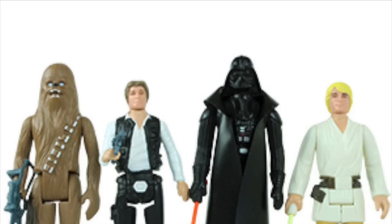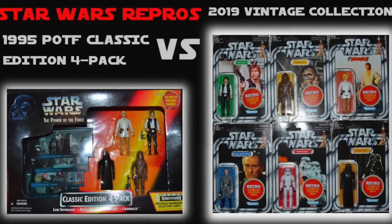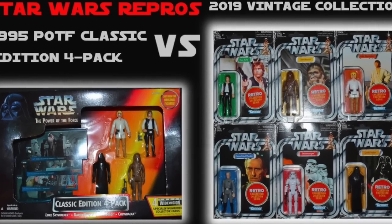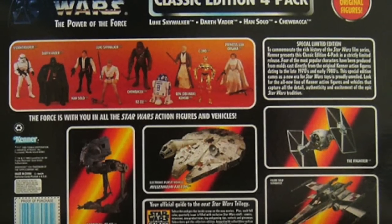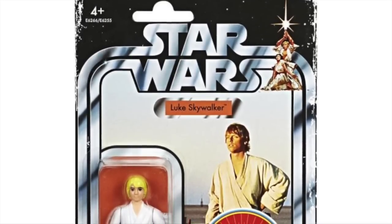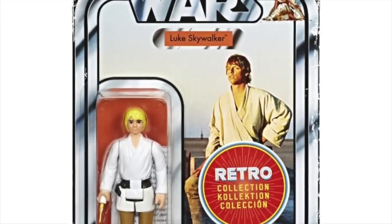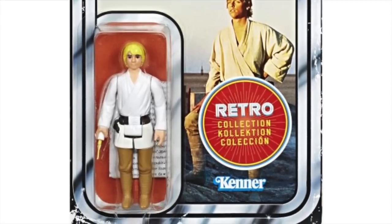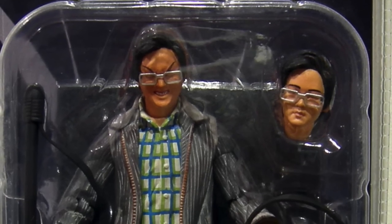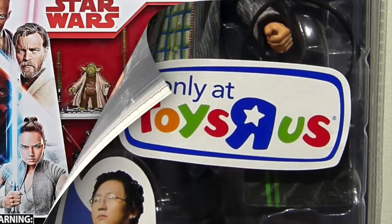And it's interesting how now the Retro series is one of the hottest things, but when this was put out, it was kind of met with, it did well. It came with some widescreen Topps trading cards, which were very cool, I have to say, and helped introduce the concept of widescreen to a VHS television world. But compared to the Retro series single-carded figures, this multi-pack was looked at as just kind of a one and done. But it's significant because it was the first exclusive, it was for Toys R Us, and it was the first multi-pack. And that's what we need to talk about today, both Toys R Us exclusives and multi-packs,